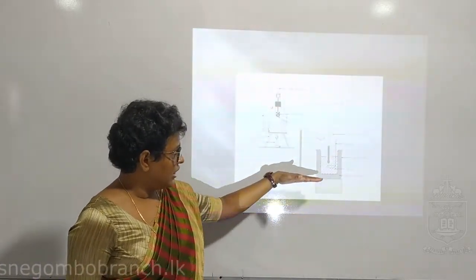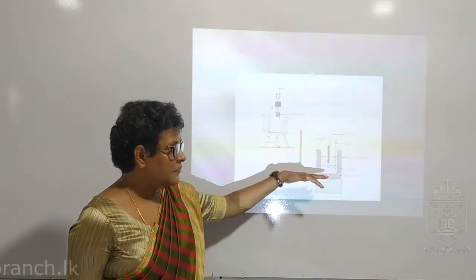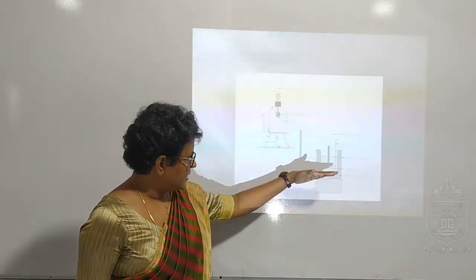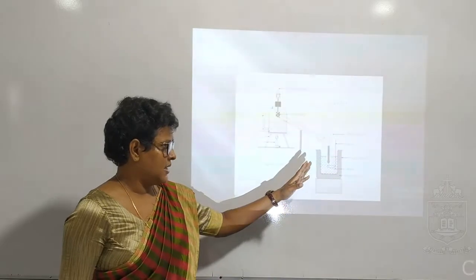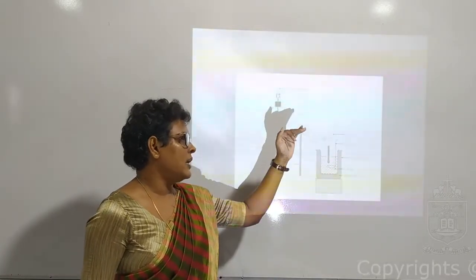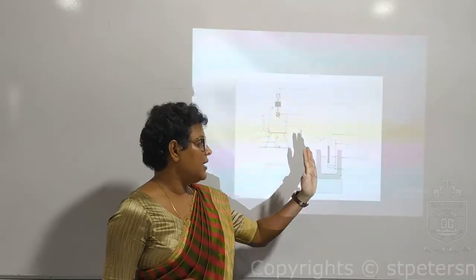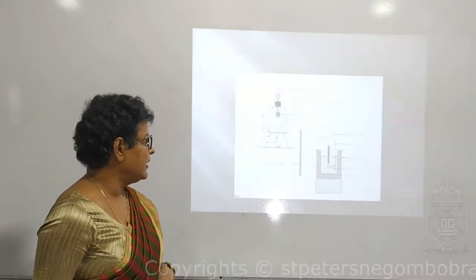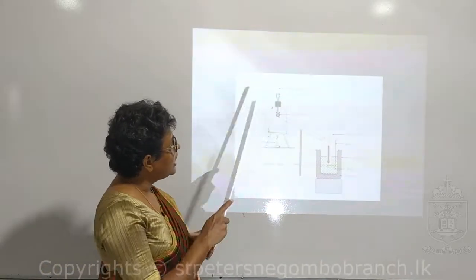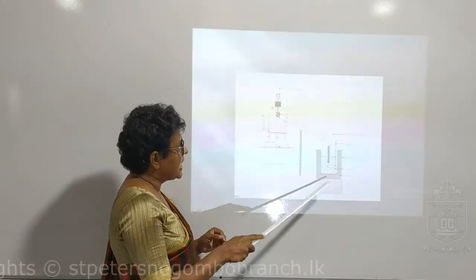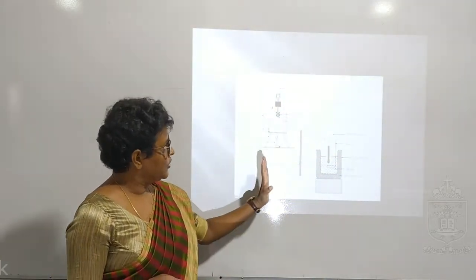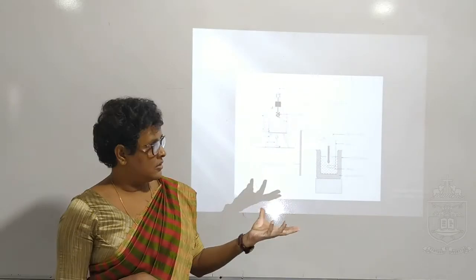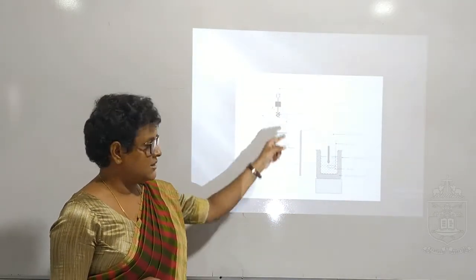That is, you have to keep the calorimeter with the contents 5 degrees below the room temperature, and then after you put in the lead shots, allow it to rise 5 degrees above the room temperature. Then that will do the cooling correction. So to do that, you have to know the amount of lead shots you have to put into the calorimeter in order to get a 10 degrees temperature rise. Therefore, you have to do a trial before you do this practical, and you have to decide the amount of lead shots that you are inserting here.